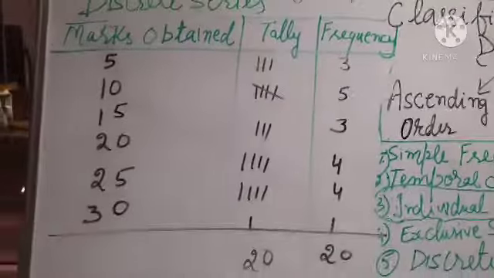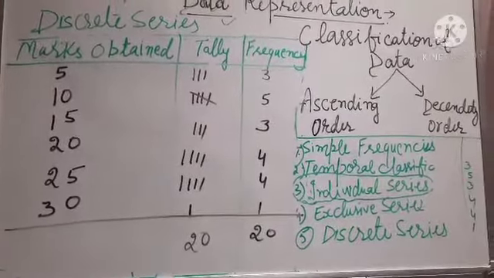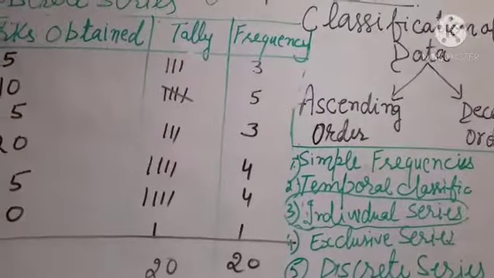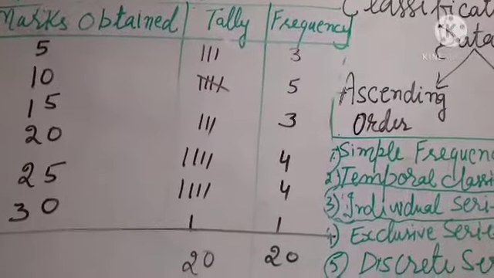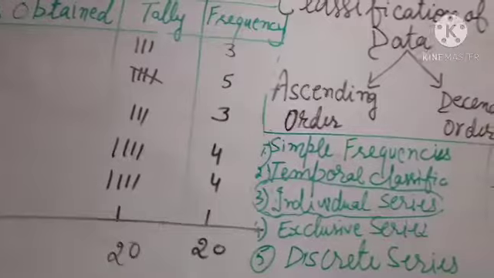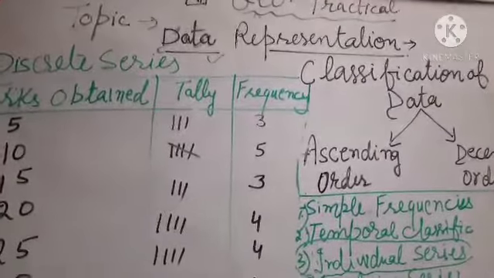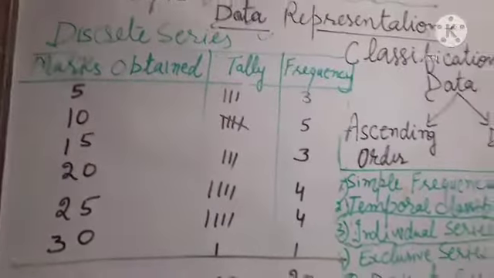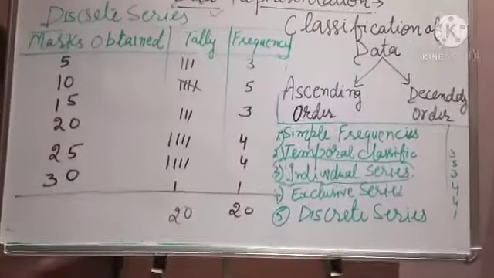In this way you have to count, you have to classify data based upon this. And when we have done this, then I will give you some more numbers. Then you have to arrange them in ascending and descending order. In this way you will get all this and you have to represent this with the help of graph paper. Right? That I will tell you in my next video.